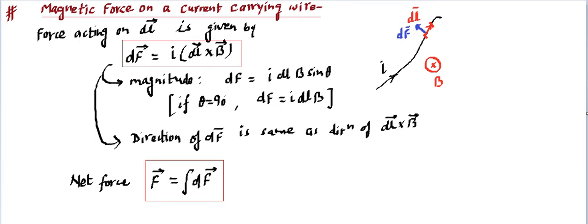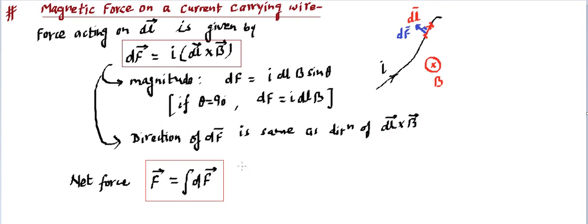Making sense? And this dF that we have calculated or shown over here has to be perpendicular to dl. So it's perpendicular to dl as well as perpendicular to the magnetic field. So one thing we can say: the force on a wire is always going to be perpendicular to the wire, because that wire length dl decides its direction. Makes sense? Now in totality where it goes will depend on the entire orientation of the wire and the integration of this aspect. But yes, for an element it's going to be perpendicular to that element. So the cross product says this direction will be perpendicular to both dl as well as B.